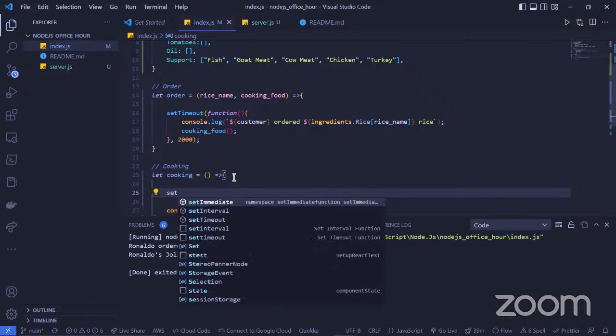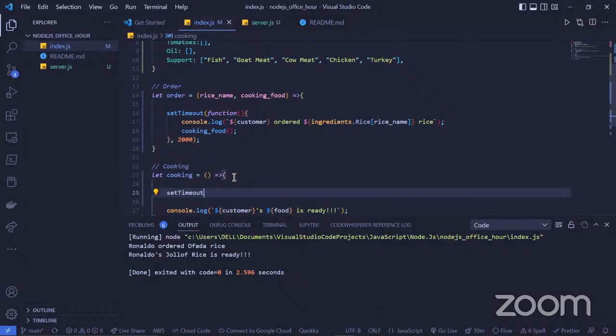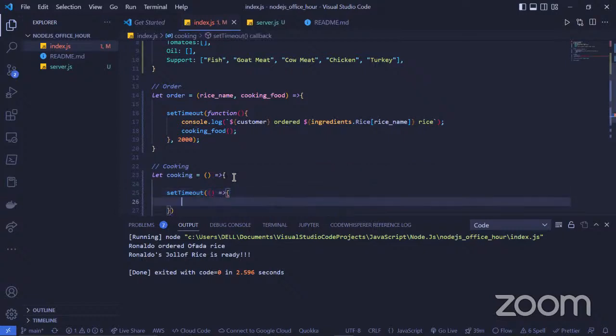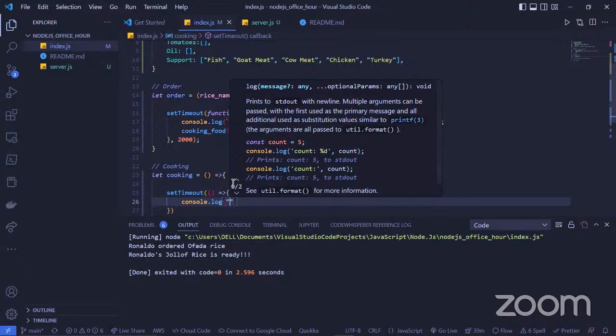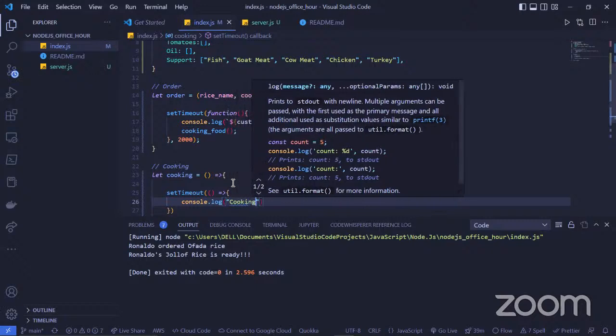So in cooking, we write a setTimeout function that does a console.log. Let us say all those things I just mentioned have already been taken care of, so now the main cooking has started.